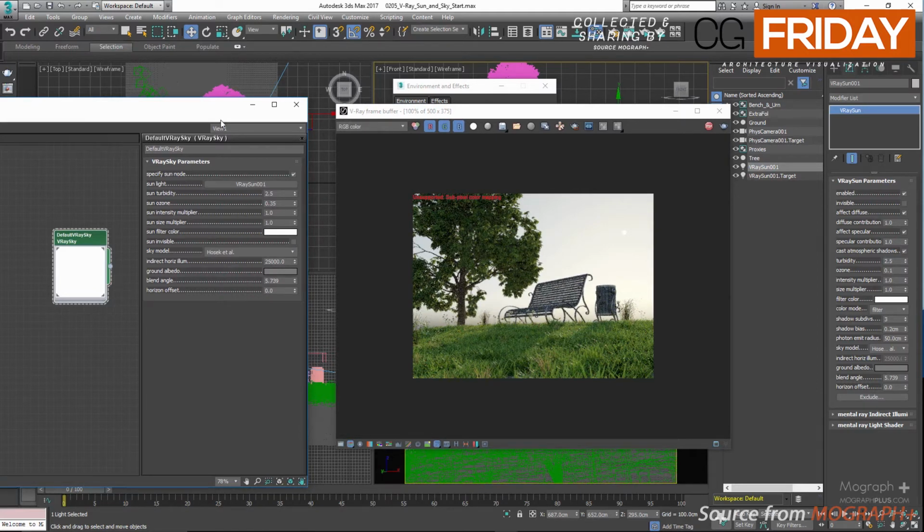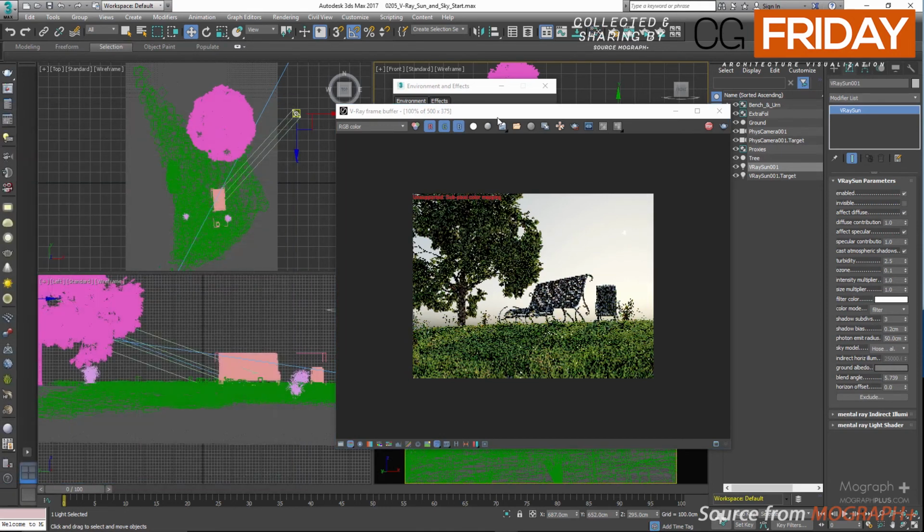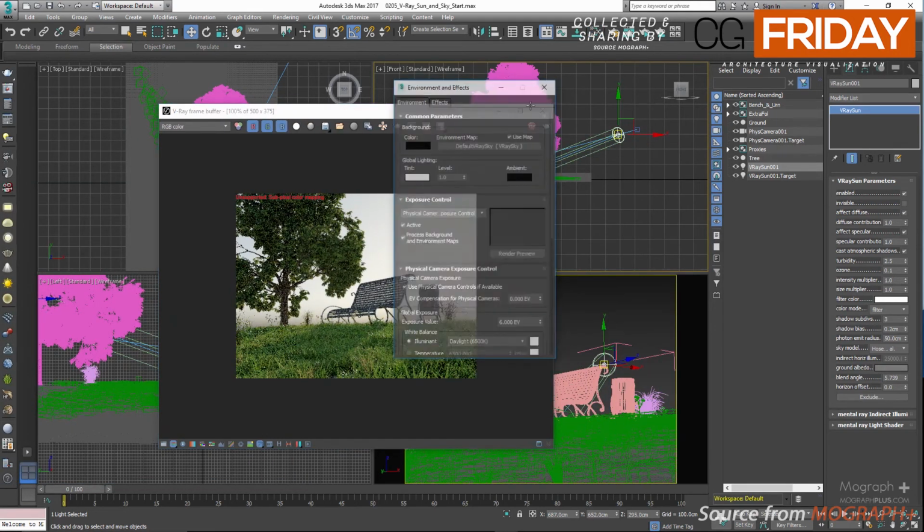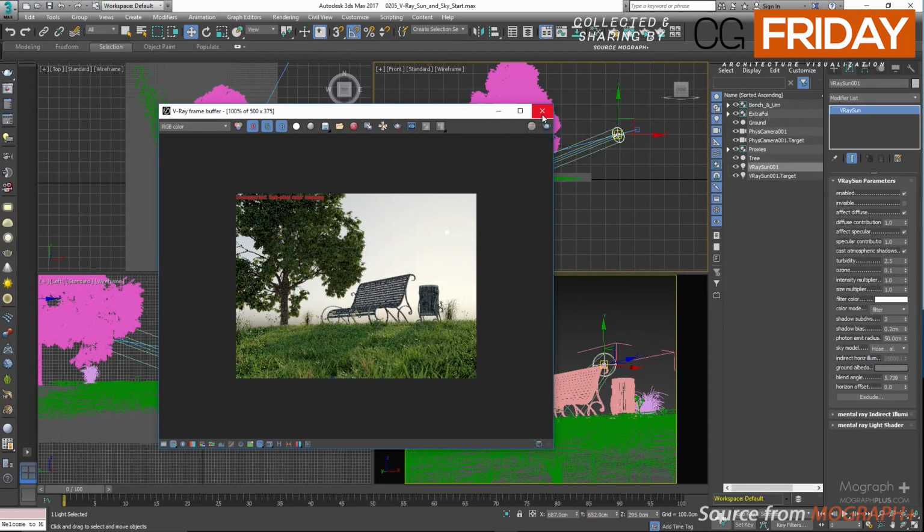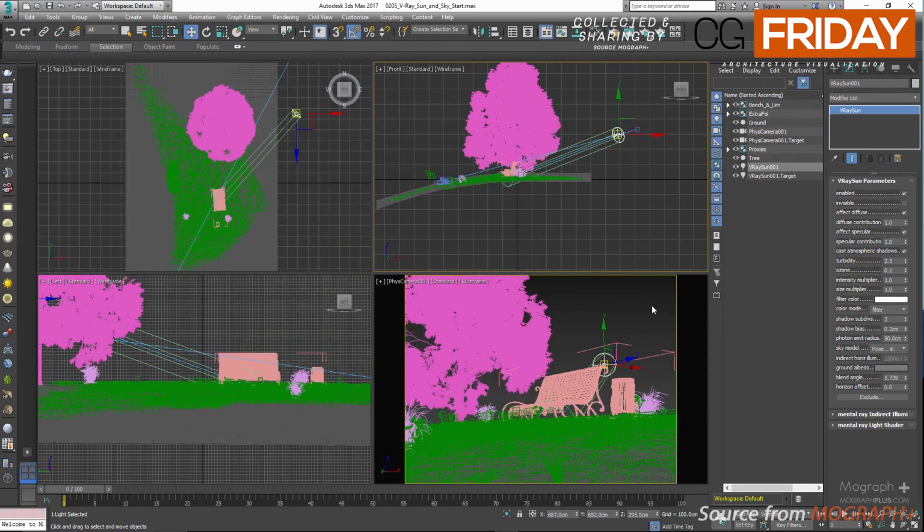Now I can change these parameters here. Maybe let's set the turbidity to 10. And as you can see, in real time, we can see the changes in the RT. Okay, let's set it back to 2.5 and untick specify sun node. So we are back where we were, and let's close all these windows. Let me quickly prepare for our final render. So let's stop the active shade here,